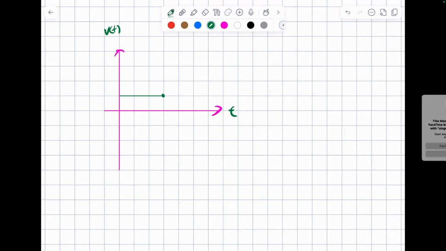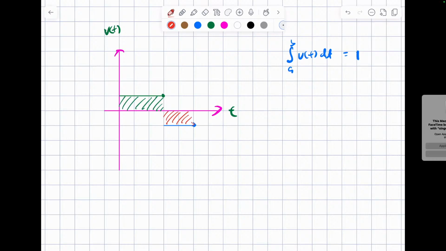Now at the second one, I have a negative velocity. Negative velocity, I take 2 steps. Is that okay? So now if you say, hey, if I integrate v of t dt from a to b, that's going to be 1. Because it's this area, right? This positive area here, minus this area. Does that make sense?